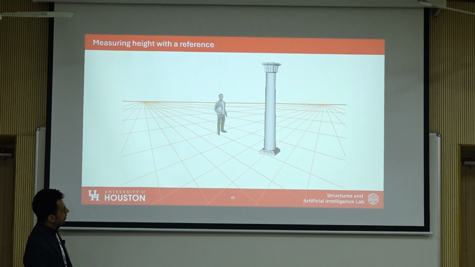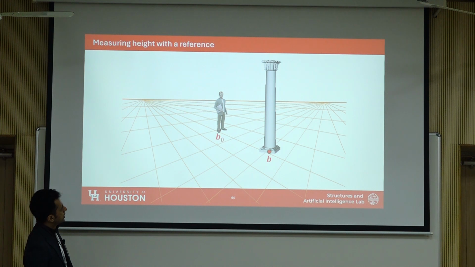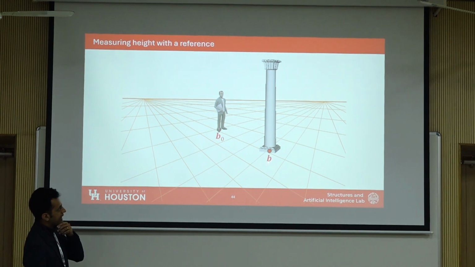Because as you go from here to here, you're moving further away from the camera. So the number of pixels that correspond to the man here, if the man was standing here, there would be more pixels here, right? So say I have the base coordinate B0 and B for the man and this column,